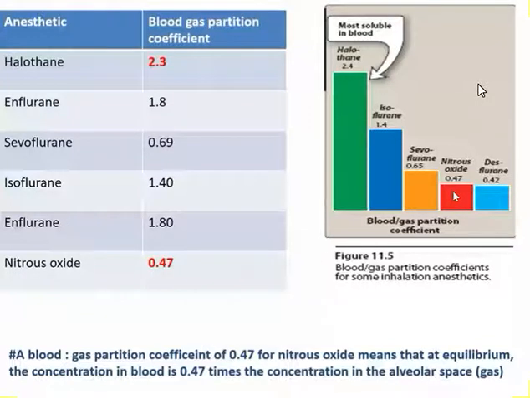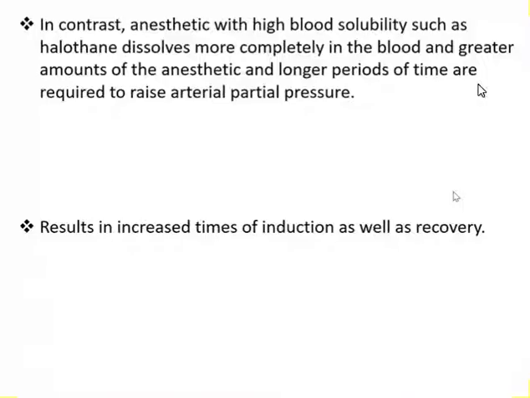So anesthetics with high blood solubility have a blood gas partition coefficient of about 2.4. Halothane dissolves more completely in blood, and therefore greater amounts of the anesthetic and longer periods of time are required to raise the arterial partial pressure, that is, to attain the steady state. To attain the equilibrium, it will need longer time, and therefore